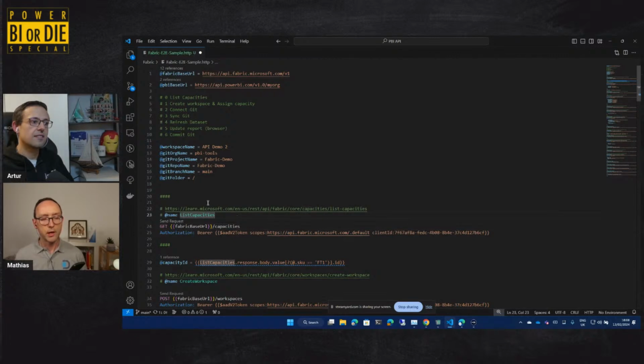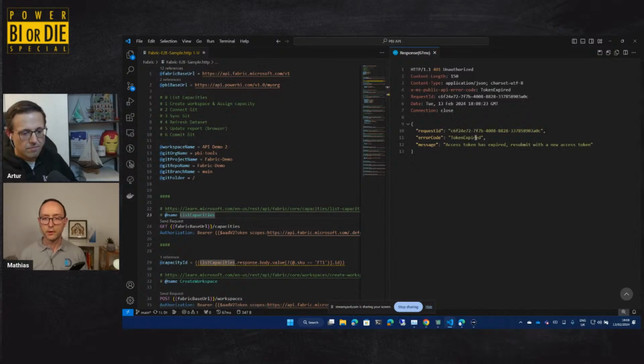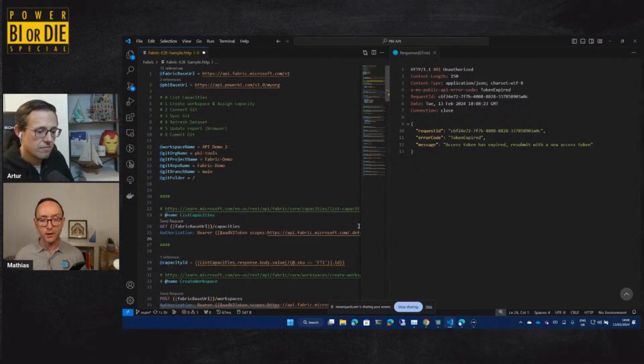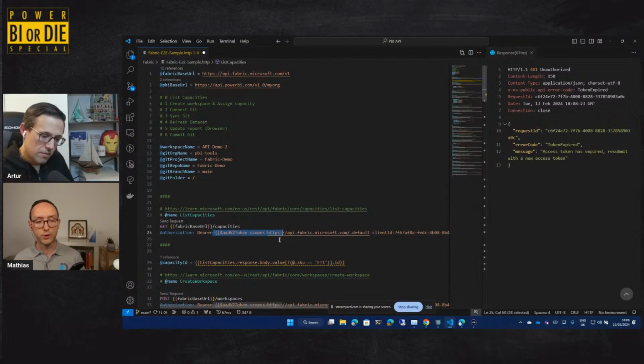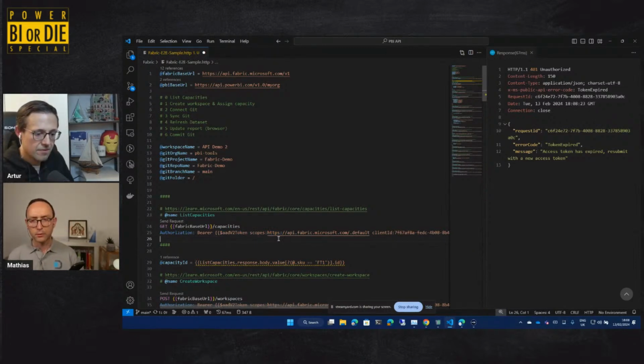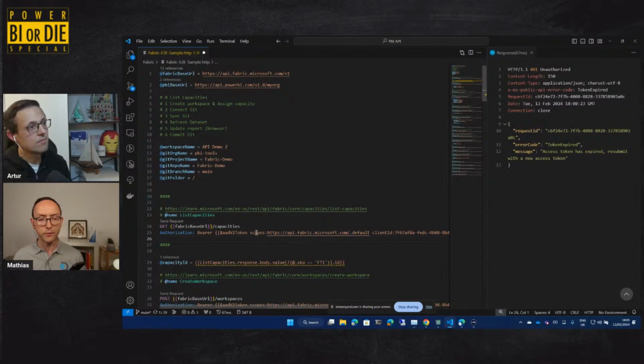So let's start by using the get Fabric capacities API. If I run through, it's going to tell me my token has expired. So that was expected. Just in case people haven't used the REST client extension before, it's got a very neat way to handle authentication. You can use this special syntax, which will delegate the token retrieval to the extension. And in this particular case, if you specify a valid client ID, as well as the scopes that correspond to the API you're using, in addition to this special variable name, which is AADV2 token, it will actually handle